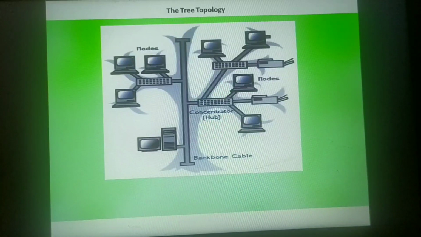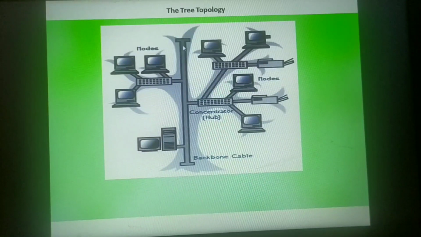And here the transmission of the data packets is very similar to that of the bus. So let us see the working here. Now let us consider this to be the sender and this to be the receiver. When the sender sends the data packet, the packet first reaches the nearest hub. A copy of that packet will be sent to this node and to this node, as well as a copy of that packet comes to the cable.